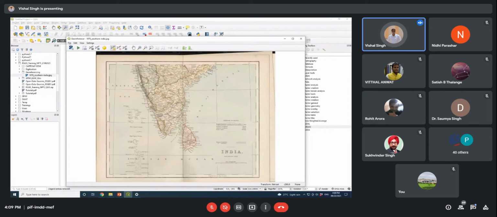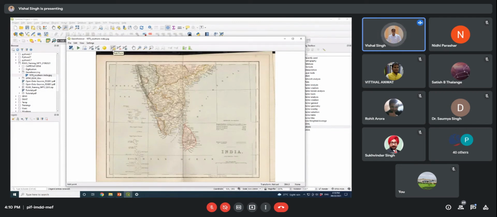Now you can see that these tools are there. Once you successfully add this map in this window, some options are highlighted. If you select this yellow icon, it is add point.